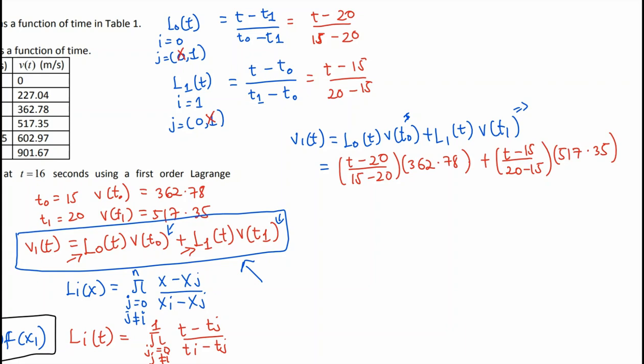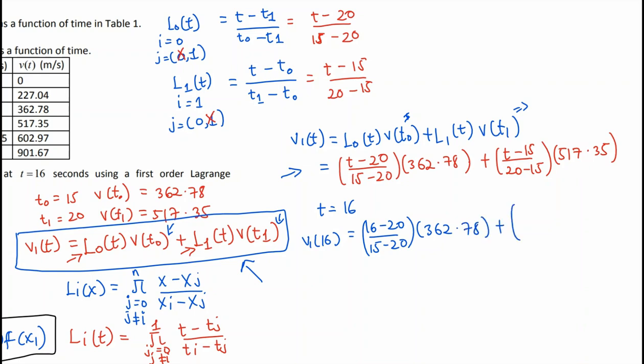but we've been asked to find the velocity at what time? t equals 16 seconds. So you just have to consider the general formula, then substitute 16 in place of t. So let's find that V1 of 16 will be equal to 16 minus 20 divided by 15 minus 20, multiplying 362.78,